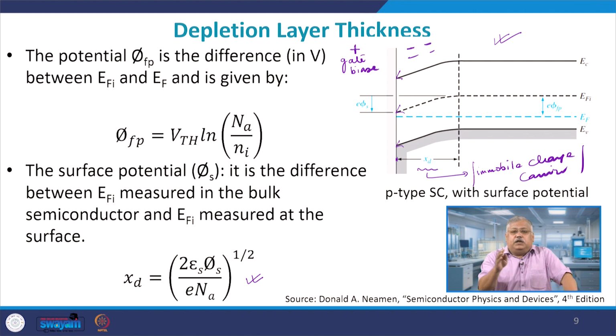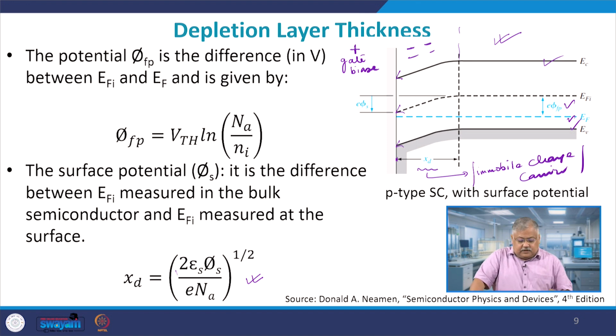Because beyond the depletion width you enter a region where the potentials are again constant. The effect of the potential on the gate side gets nullified beyond the depletion width. Till the depletion width you have a variation; beyond the depletion width it is almost a straight line, right. That is the reason you see EC, EFI, EF and EV are all straight lines beyond the depletion width. It is given by 2 epsilon silicon phi s upon Q times Na, where Na is the acceptor ion concentration